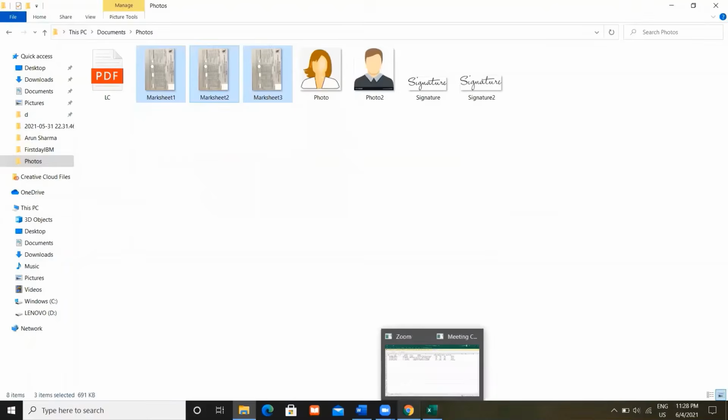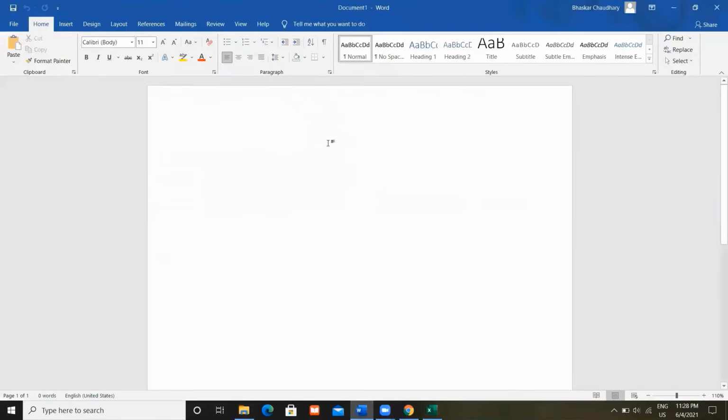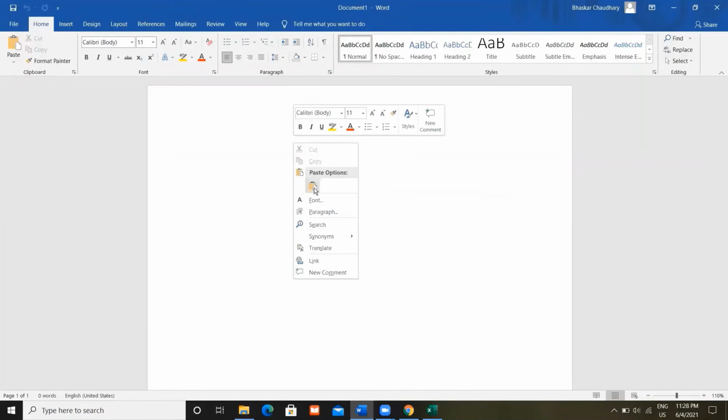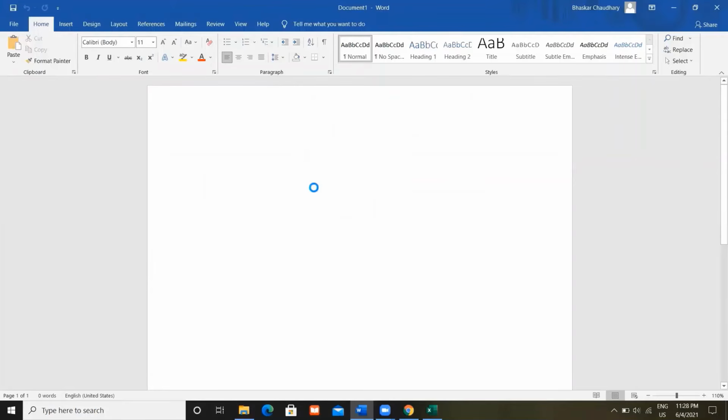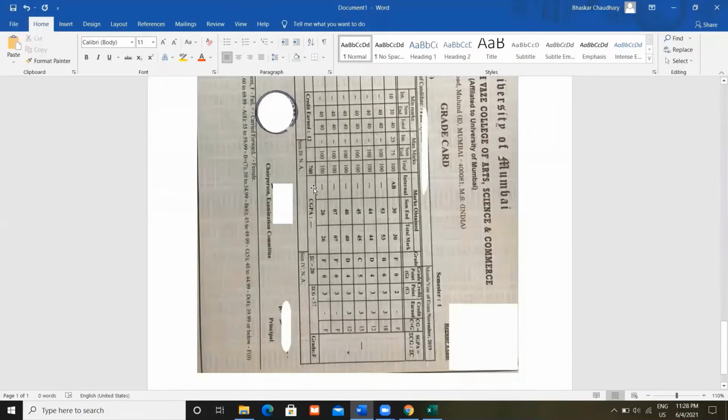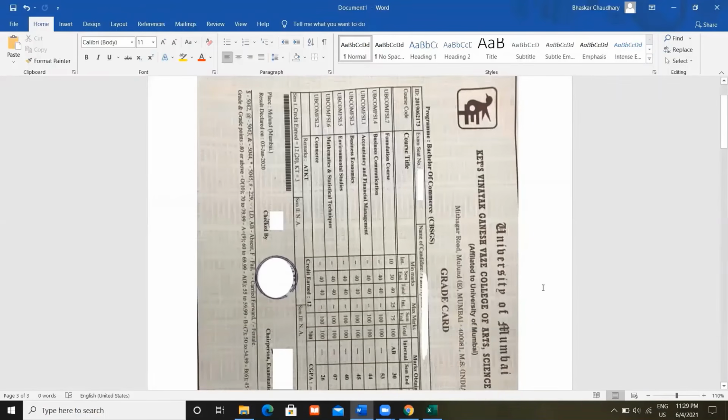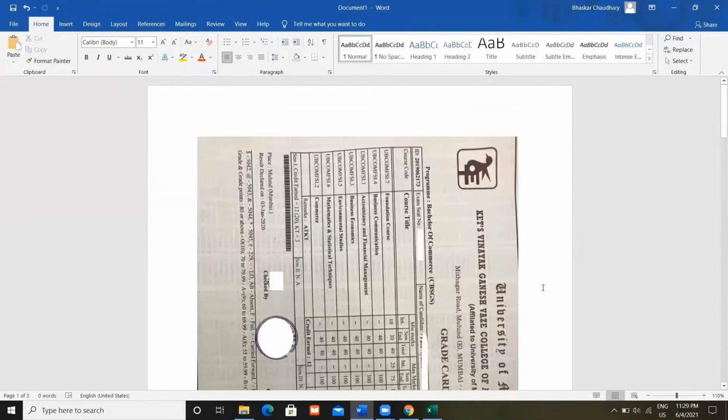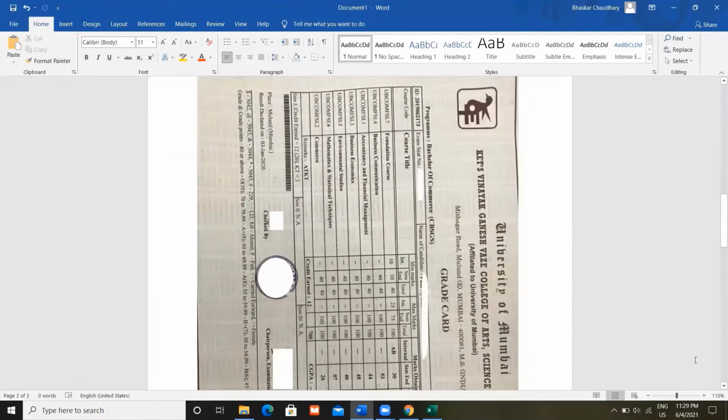Once you have copied them, open the blank Word document, right click, and paste all of them. As you can see, each mark sheet is on a separate page.